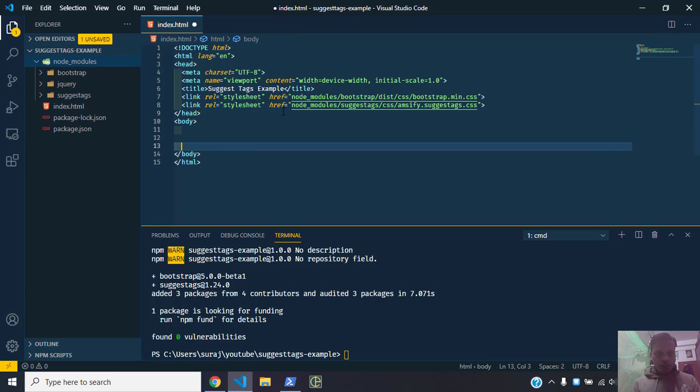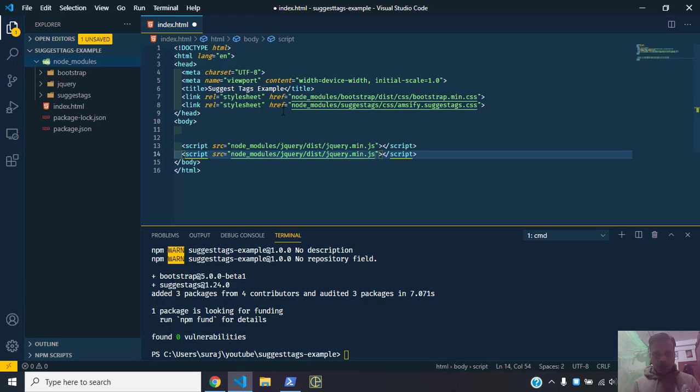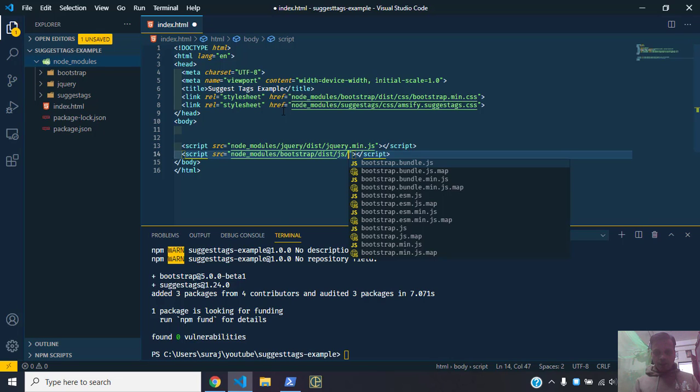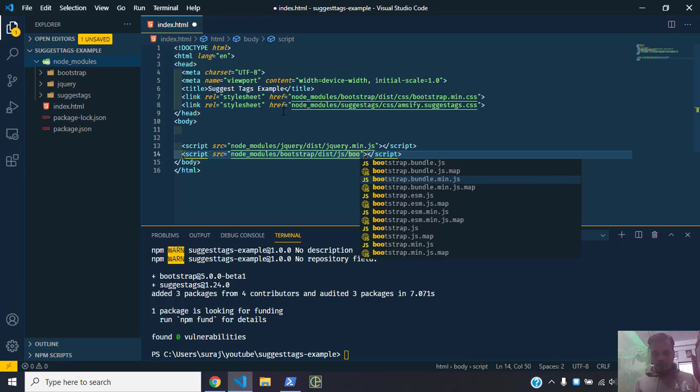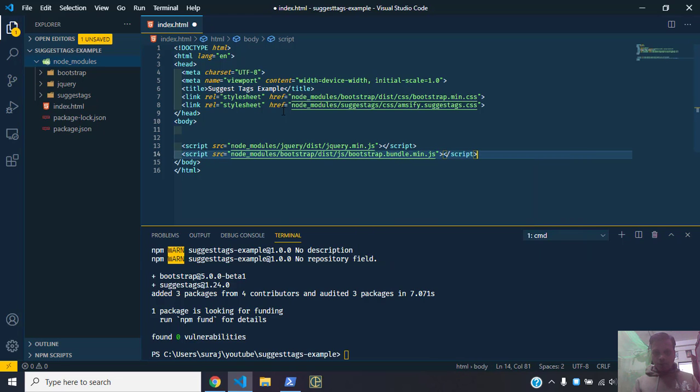On the body section you can use script source and node modules, and then jQuery dist jQuery min.js, like this one. I can duplicate it and go to the next thing, that is bootstrap. So here we just need bootstrap dist, then js, and bootstrap bundle min.js. Actually we don't need this, but we can import this thing. And then we need another thing, that is,